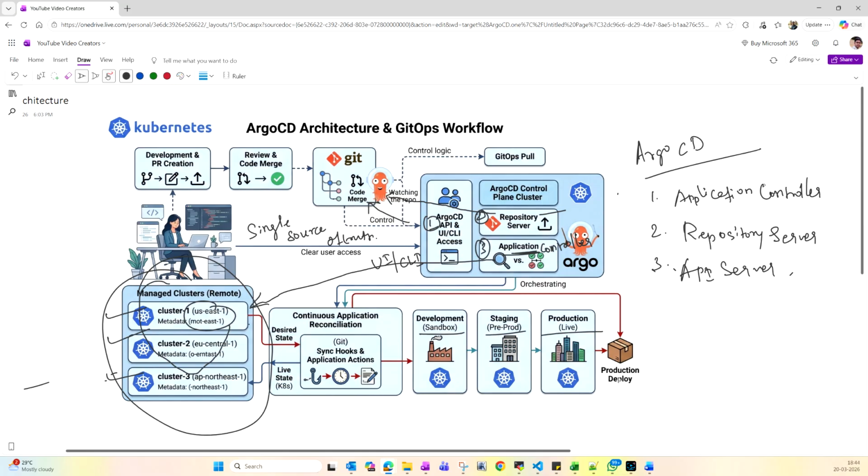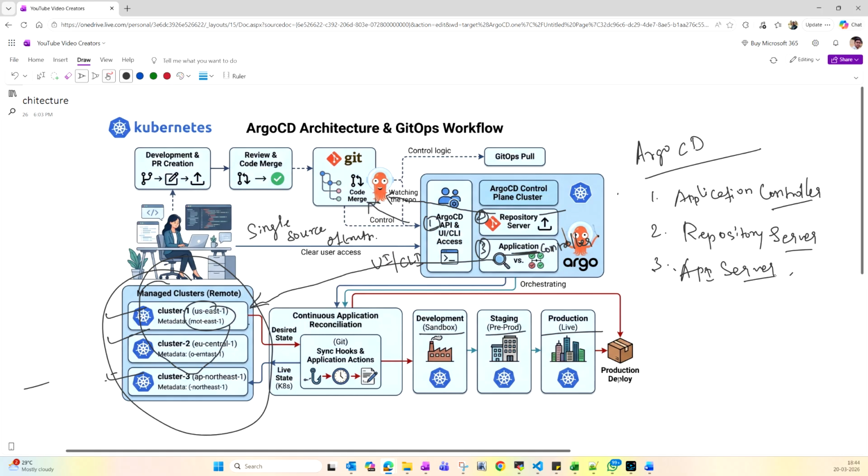The application controller monitors the changes in the Kubernetes cluster, the repository server contacts Git for any changes, and the API server is responsible for access through the